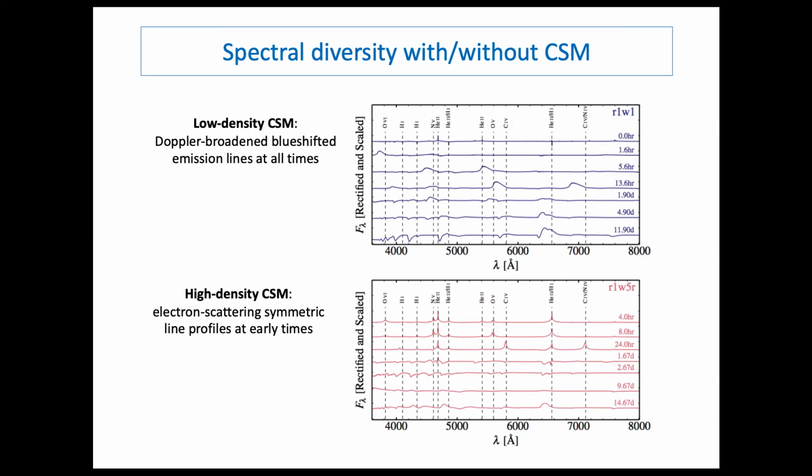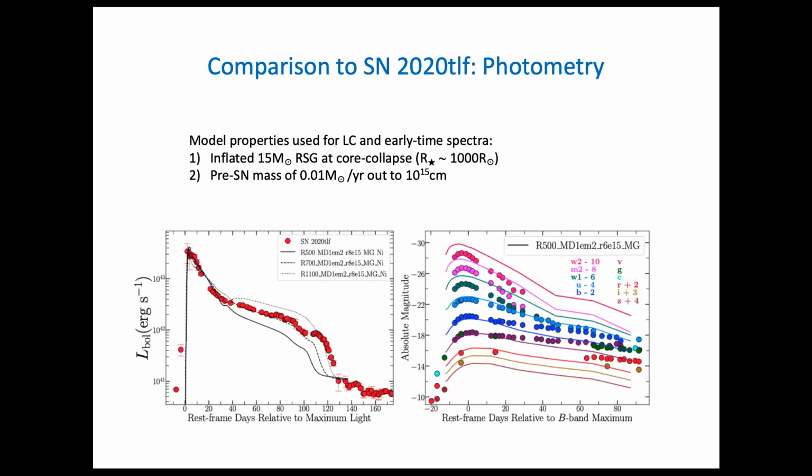But if you have a high density CSM, like in the simulation that I just showed, then what you have is first a phase during which you see only narrow lines processed in the CSM. And eventually you see the formation of the whole spectrum within the dense shell. So you don't get any emission, mostly blue shifted absorptions. And eventually the dense shell turns optically thin and you see what is below. And then you have the same configuration as at top. So this is one clear explanation why you have this temporal evolution in the spectra of 2020tlf and other type